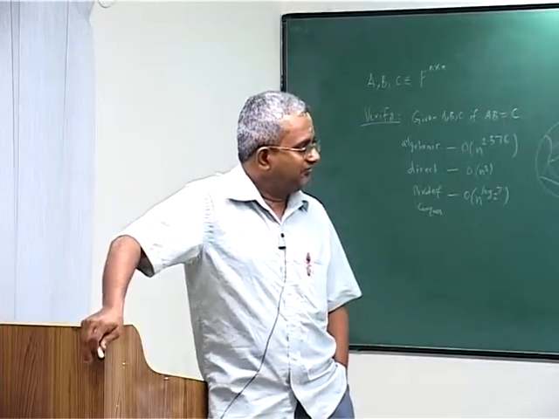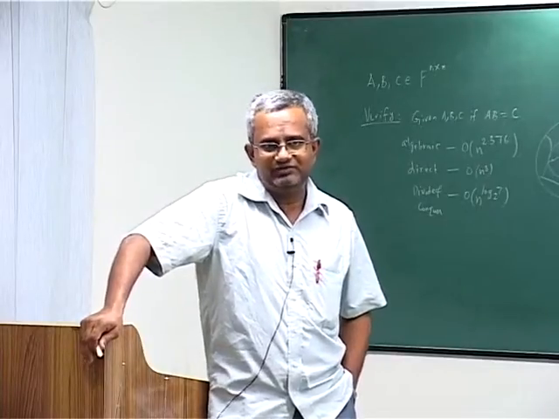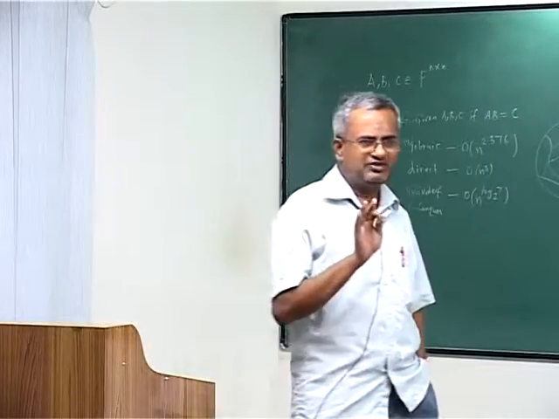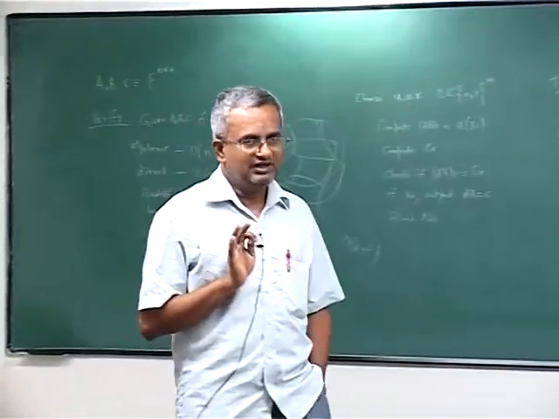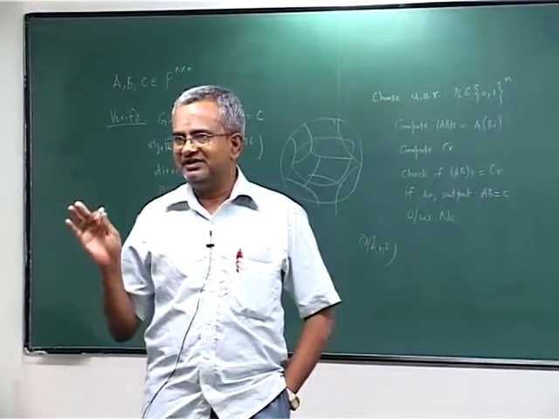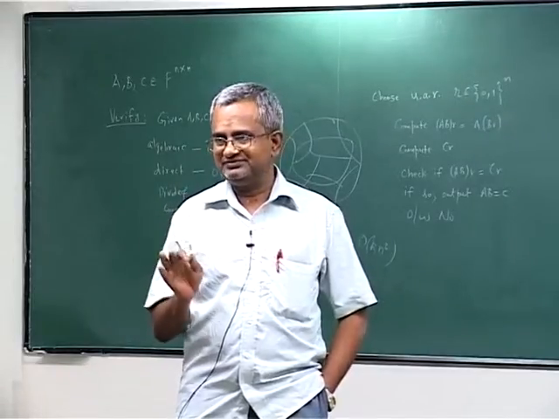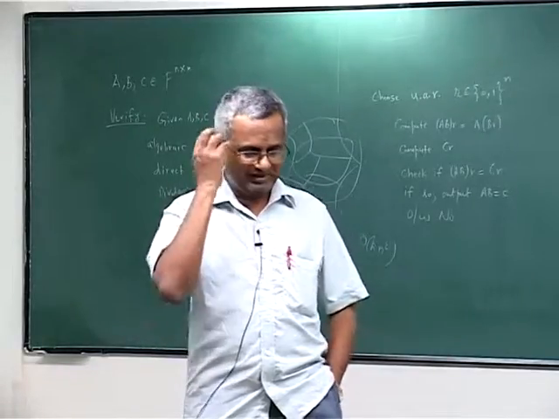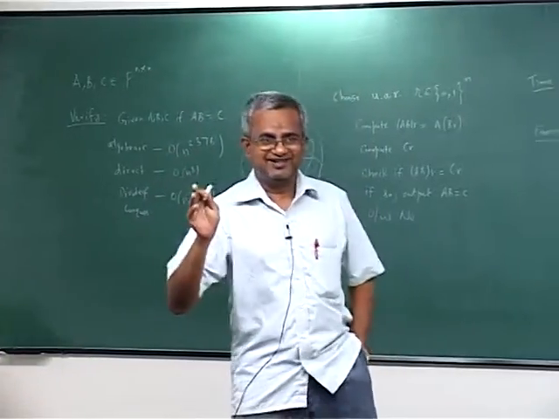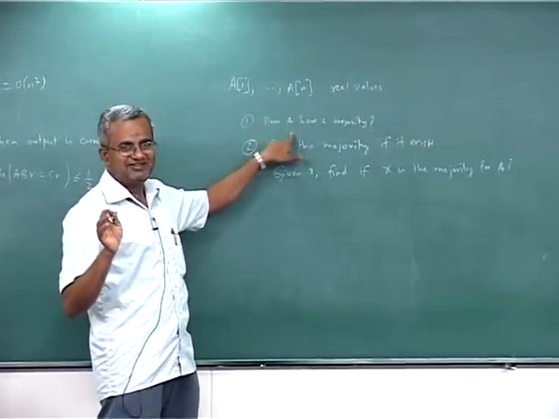I think in 2n equality tests one can easily do it. I think one can even do it with 3n by 2 equality tests. If I remember correctly, with just 3n by 2 equality tests there is a deterministic algorithm which correctly determines it. No, wait a minute. Sorry, which problem are we addressing? I forgot. Are we addressing this or this or this? What is the thing that we are looking at?